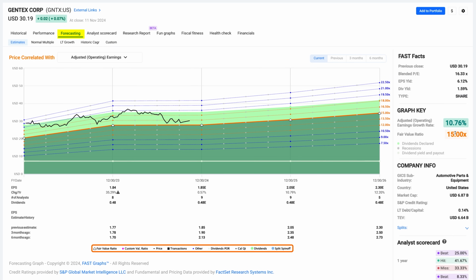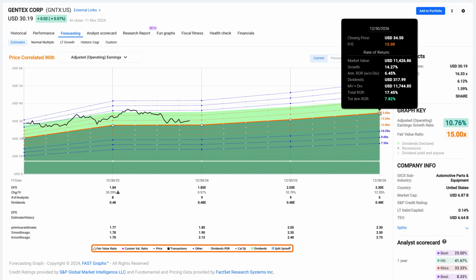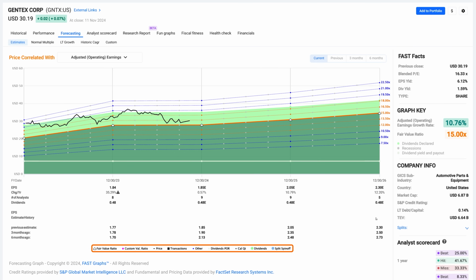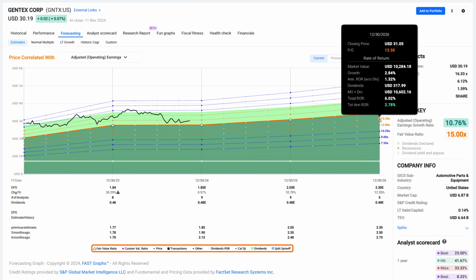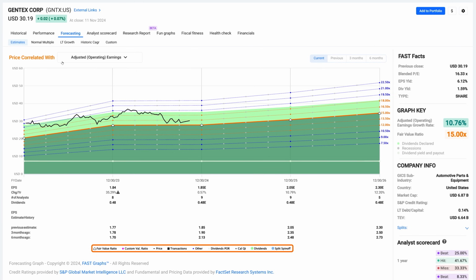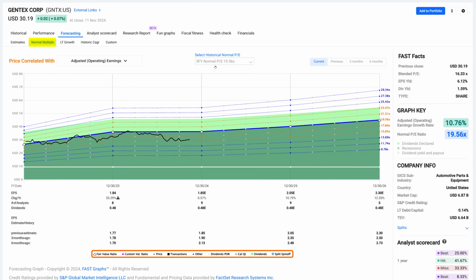Now, the company is expected to grow by double-digit rates going forward by about 9 analysts that are following the stock. And with Fast Graphs, you can also just point to the 15 PE, and this is what your rate of return would be if it achieved these earnings results that these analysts expect, and if it traded at a 15 multiple. Now, if I go to the normal multiple, which for the last 5 years has been 19,